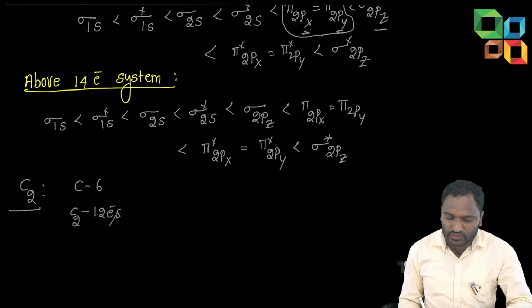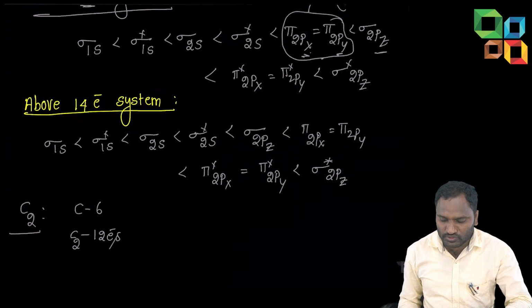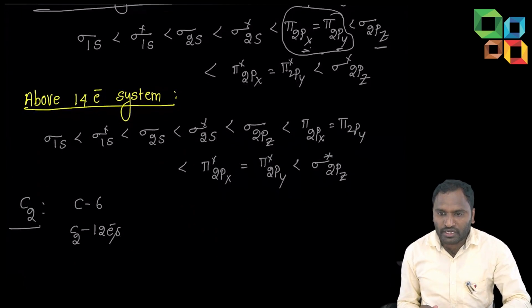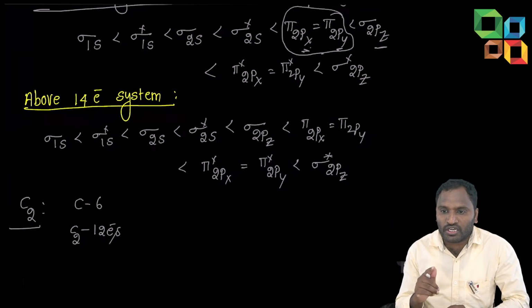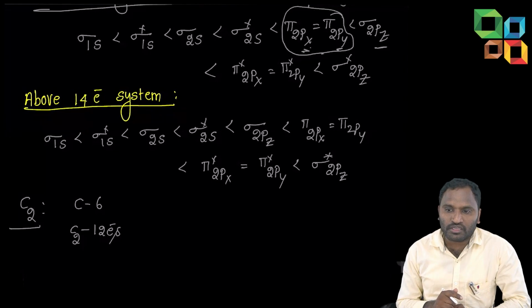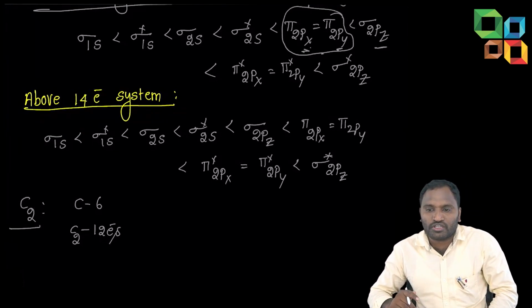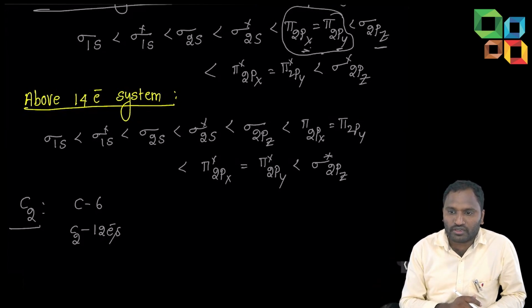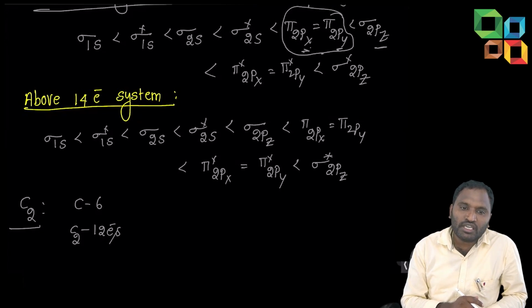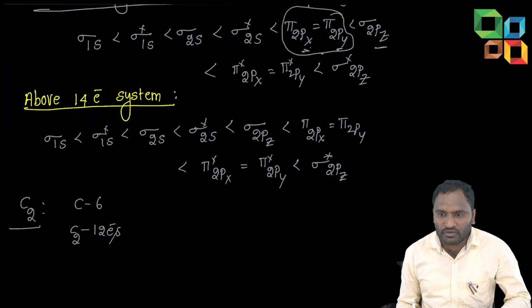12 electrons. These 12 electrons mean it is an up to 14 electron system only. Arrange the electrons, and according to LCAO, each molecular orbital's capacity is 2 only. The maximum capacity of each molecular orbital is equal to 2. We can accommodate only 2 electrons in each molecular orbital. So now I'll arrange these 12 electrons.